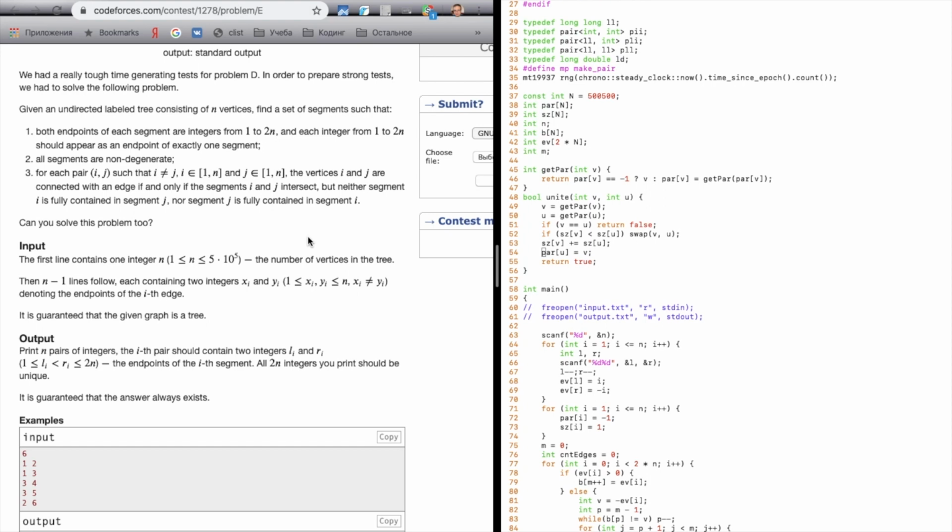I think this is really hard. But maybe the implementation of the answer is not easy, but the general idea is. If n was small, how would we do it? You can just find any leaf in our tree, delete it, build the segments for the graph with the deleted leaf, and then